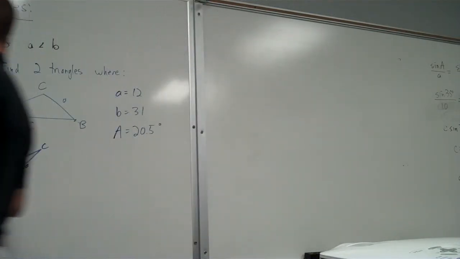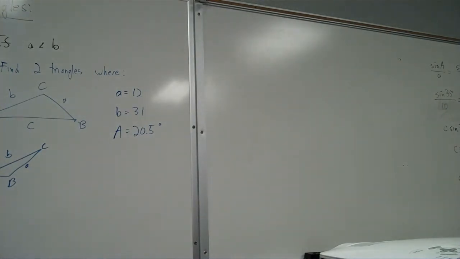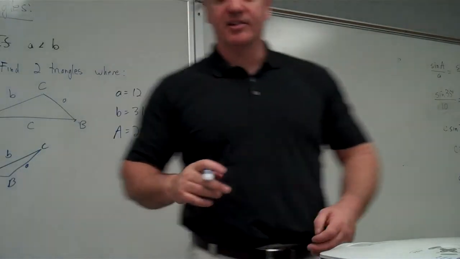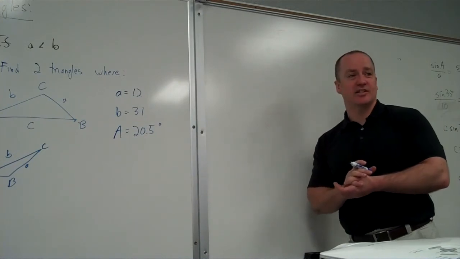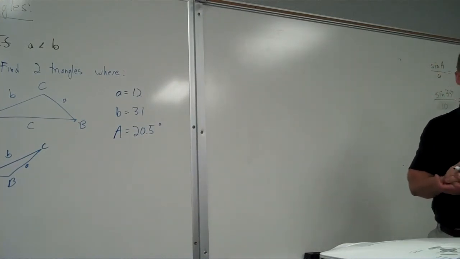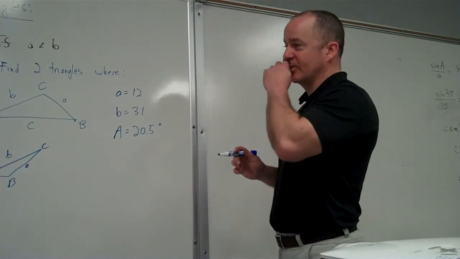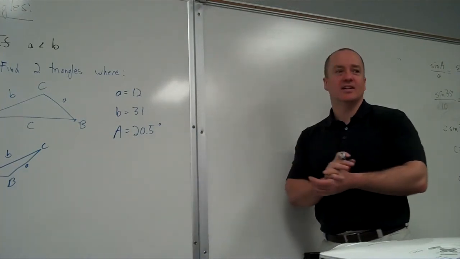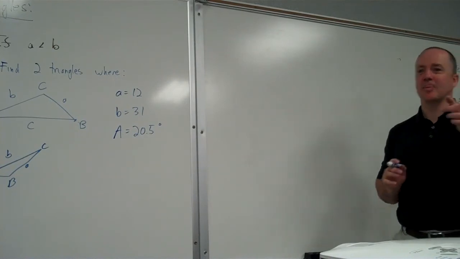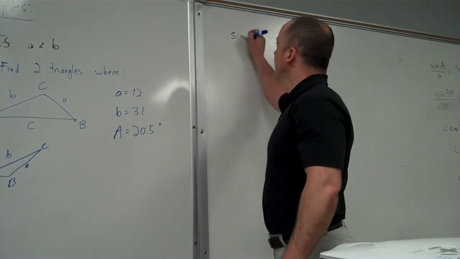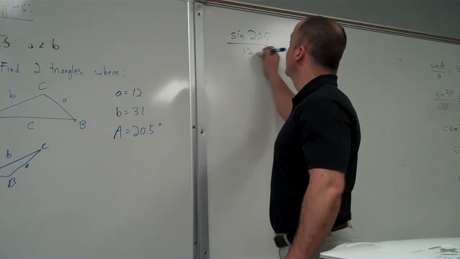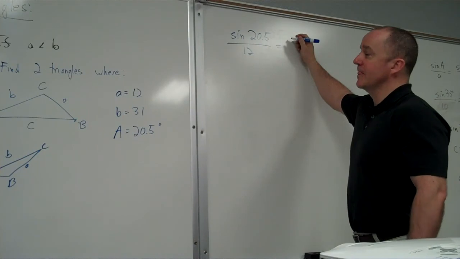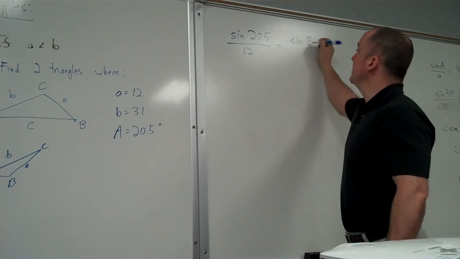Okay, so we're given A equals 12, B equals 31, angle A is 20.5. We got two possibilities. Somebody tell me how we're going to find one of them. Somebody other than Sam. I want to give someone else a chance to practice setting this up. All right, Layla? With those sides, you could do the Pythagorean theorem. Not a right triangle, unfortunately. Can you do sine A over, or like 20.5 over 12? Okay, sine of A, which is 20.5 over 12. And then sine of B, over 31. Sine of B, which we don't know,